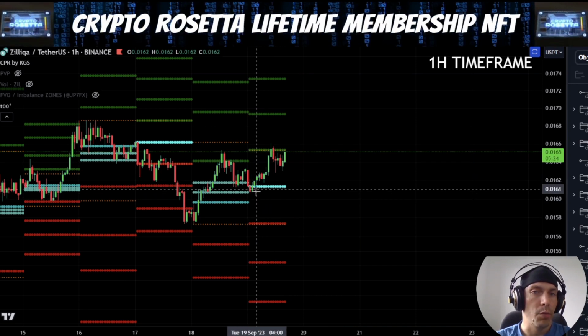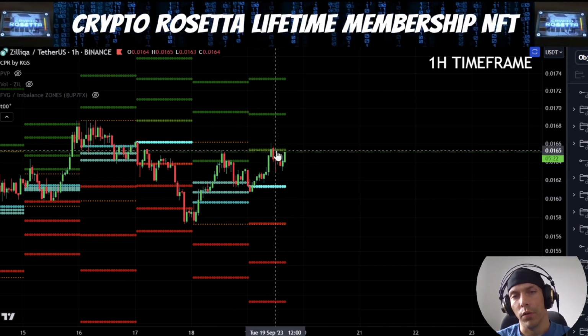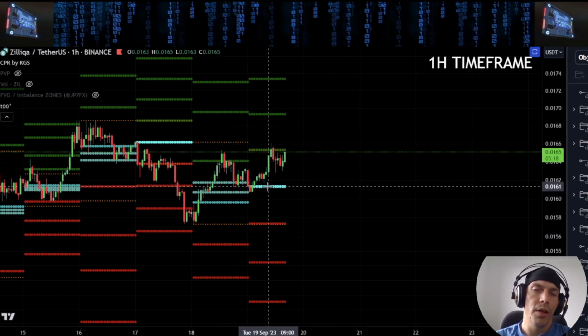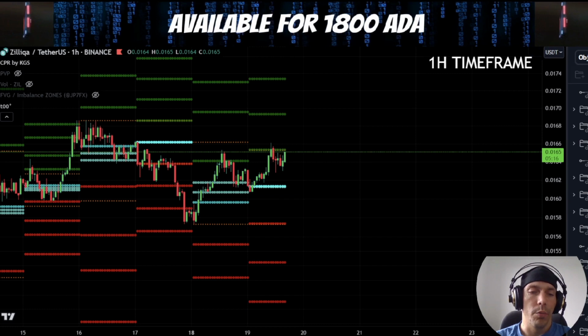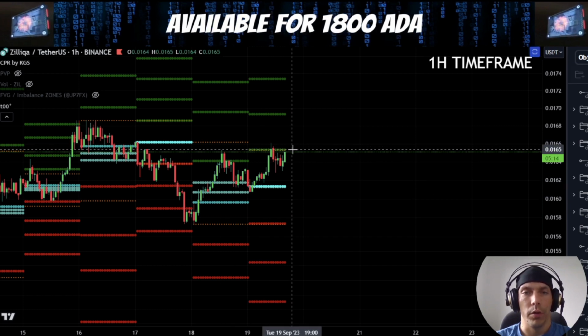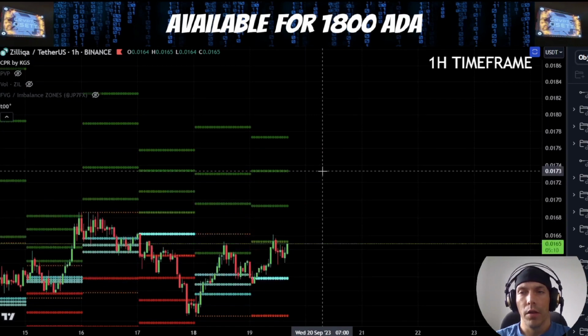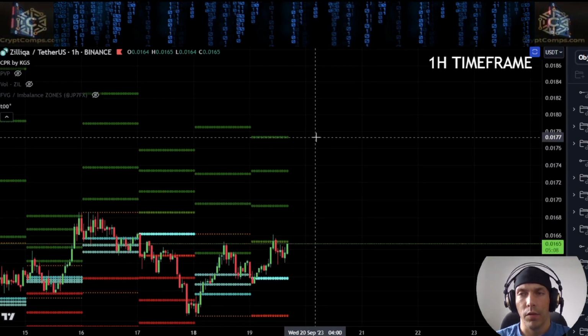is we have very tightly spread lines here. We've actually moved up into this R1 line. We can see that these are very tightly spread. So this typically indicates volatility. Now we are above these. So if we do continue to see volatility to the upside, I will be watching this 0169, 0173 and this